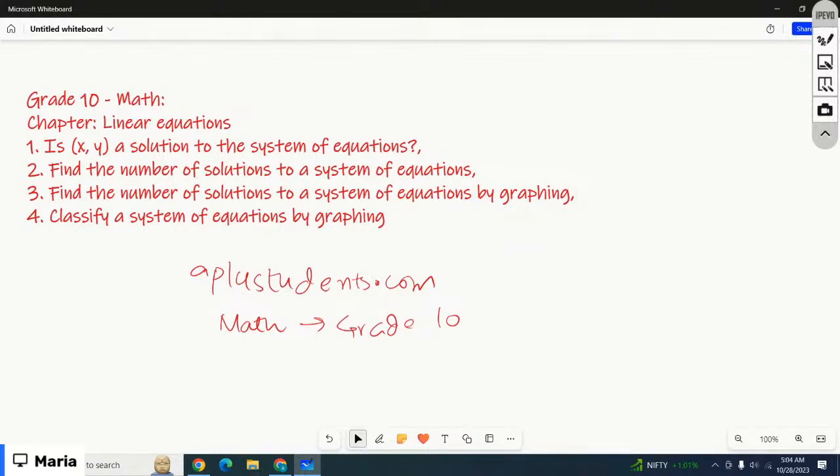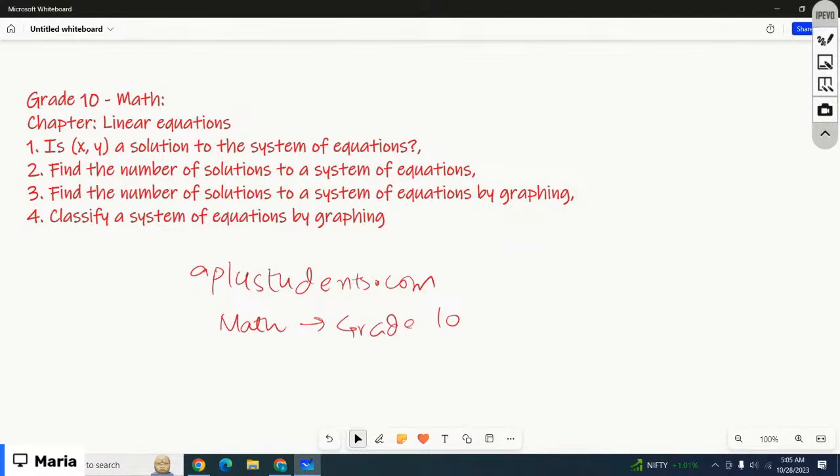We're going to start with the chapter linear equations, and the lessons we're going to cover from the chapter are: is x, y a solution to the system of equations? Find the number of solutions to a system of equations. Find the number of solutions to a system of equations by graphing, and classify a system of equations by graphing. So please make sure you have your notebook and pencil so that you can note down the important examples and definitions as well. So let's start with the first lesson: is x, y a solution to the system of